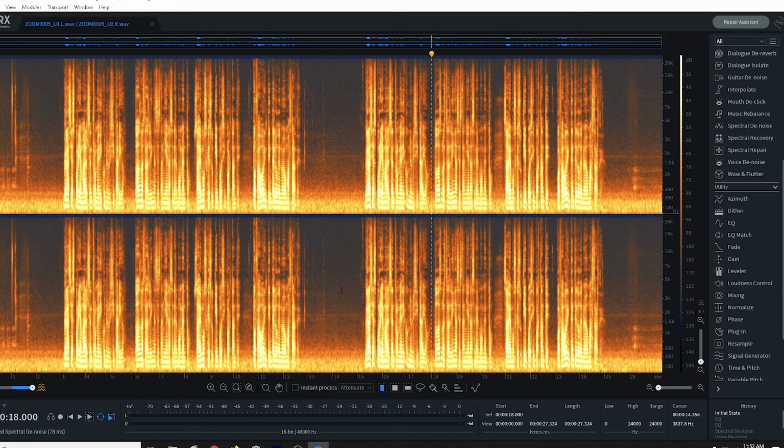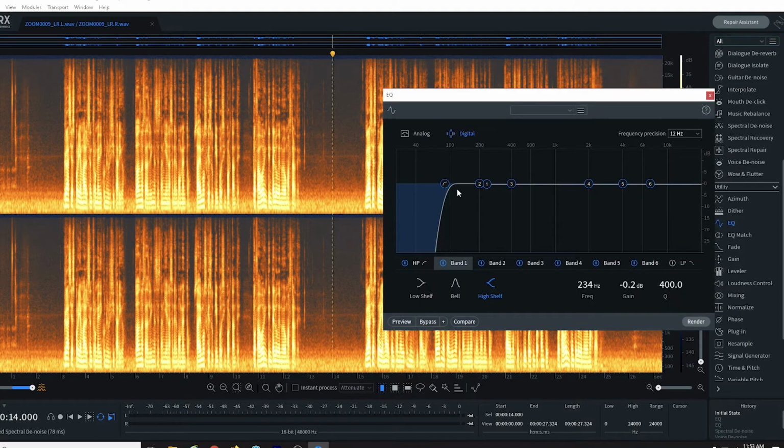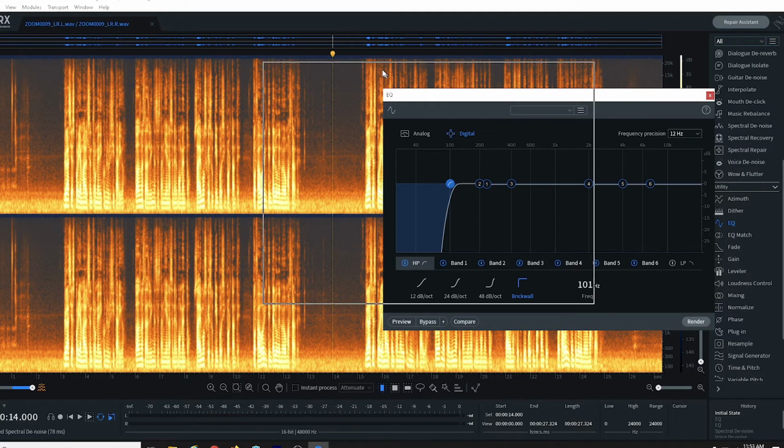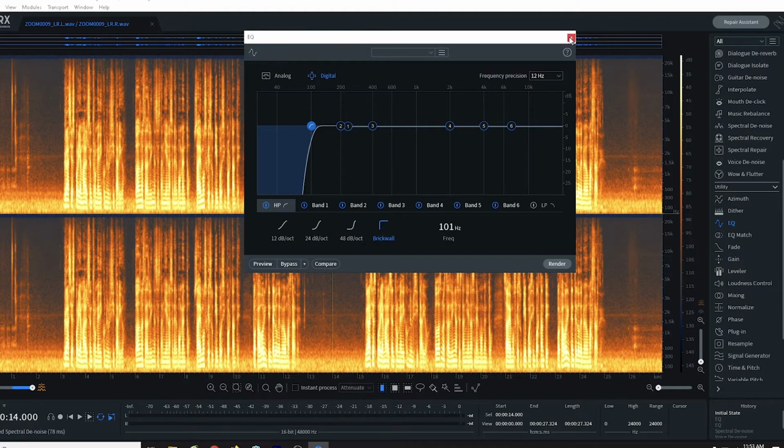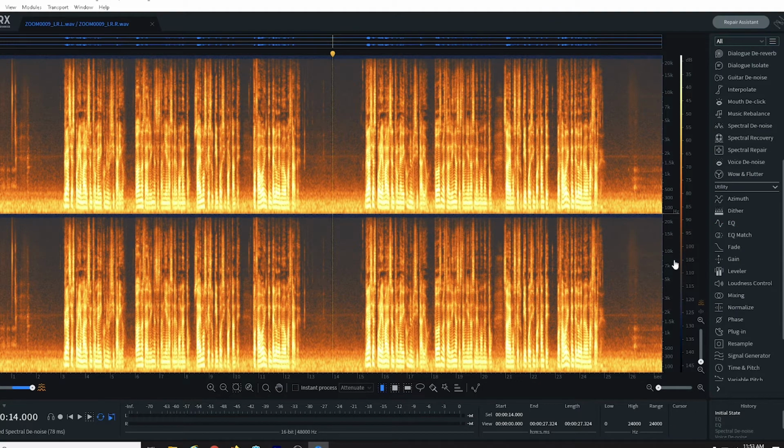Okay, so we got our file here. First thing, what I do is EQ, and I take out the lower end. Usually it's about 100K is my starting point. If you don't know how much you should take out, you can always check your levels here, or visually you